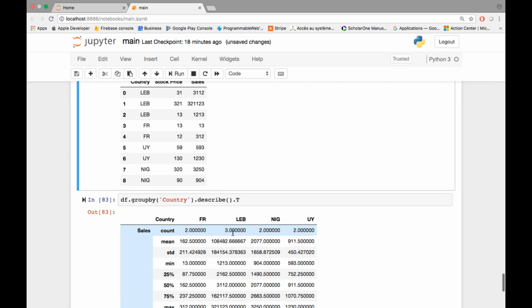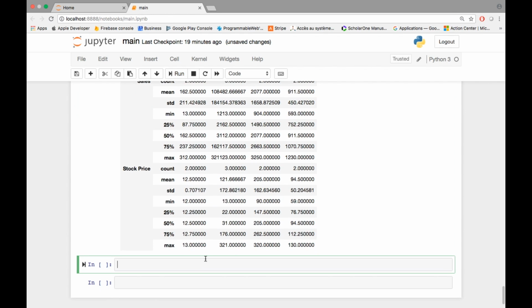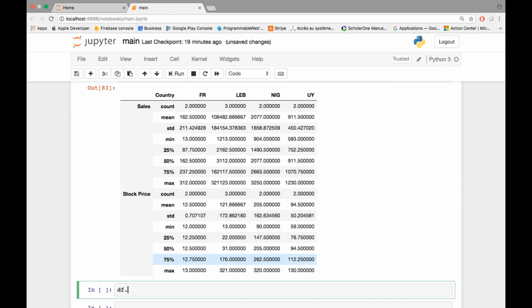In other words, we're grouping according to country. Okay? Now with that being said, after you take a look at the describe method, after you take a look at the describe data frame, everything else becomes easier because you can now say group by country, extract some useful